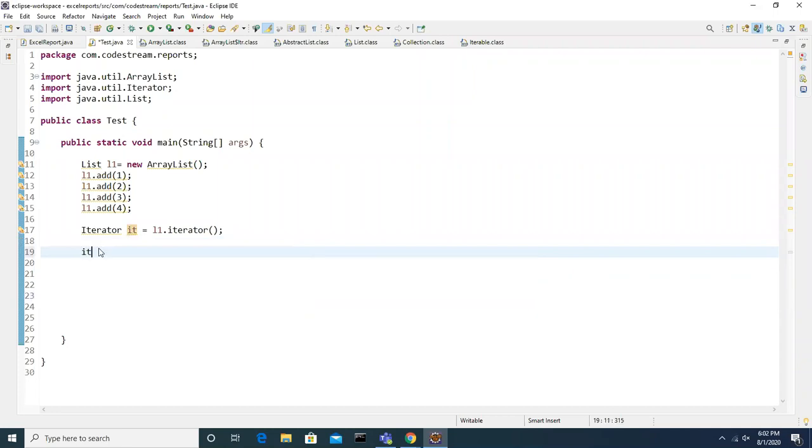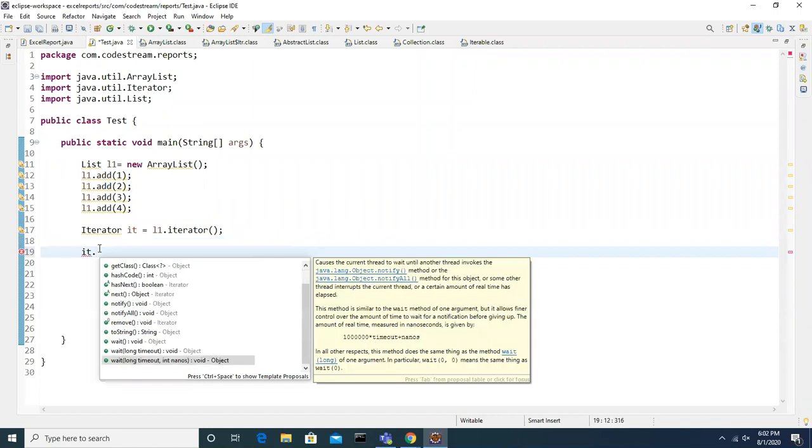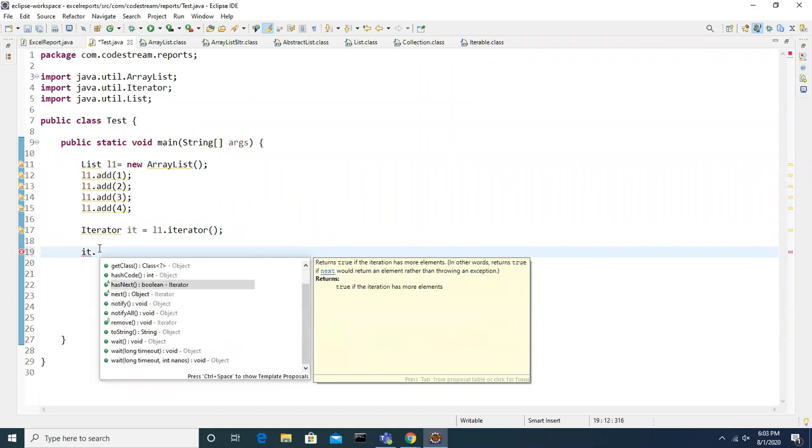Okay, let's look at what methods we have in the iterator. Because it's also like a loop, it is also going to help us to loop. I mean, to iterate, or iterate means to rotate through all the elements, to extract all the elements from the array or list or something like that. Till now we did it by using the for loop and for-each loop.